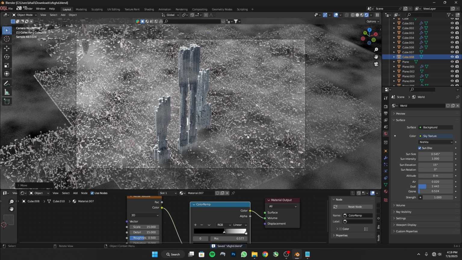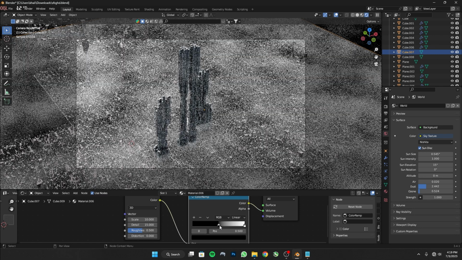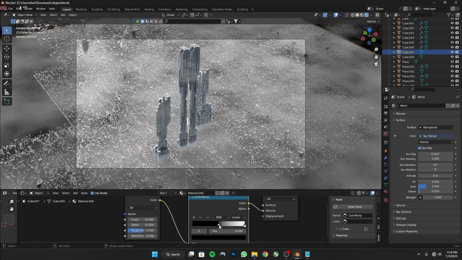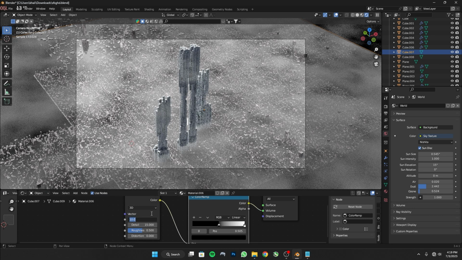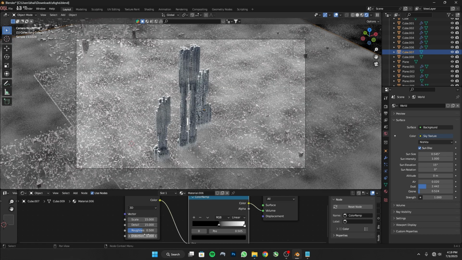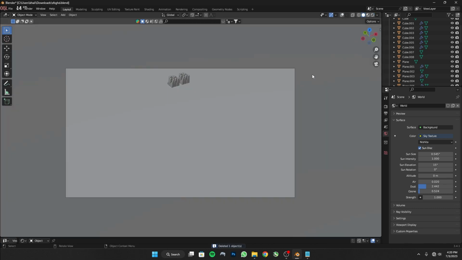Keep saving the file, guys. I'm gonna increase these clouds, and you can adjust yours however you want. I like it kind of over there. You can have not too many clouds, but I kind of like that. You can have however many you want. I'm gonna adjust these settings and adjust these clouds. And now I'm gonna turn these